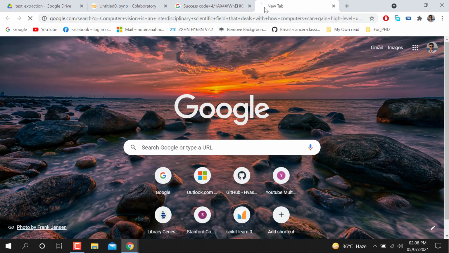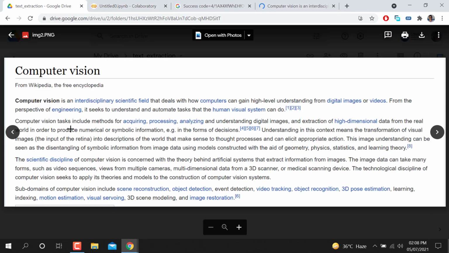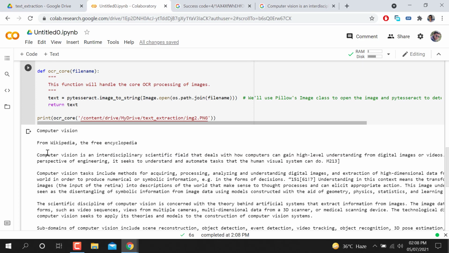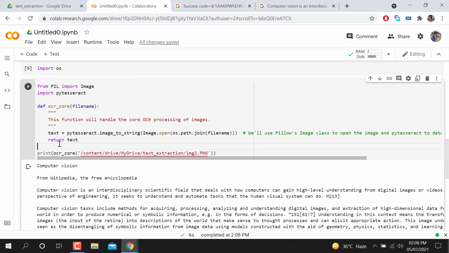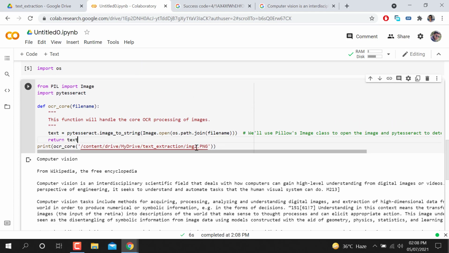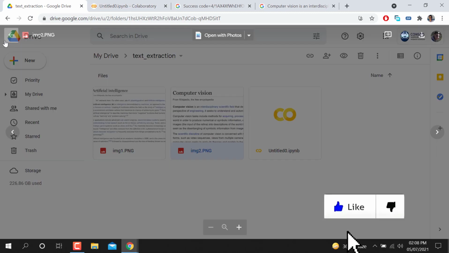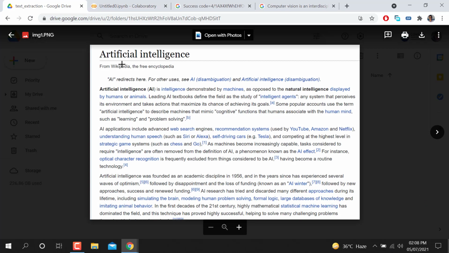If I paste it, you can see it works, whereas I could not copy from the image itself. So if we want to copy text from images, we need to run this one command. It will automatically generate text that you can easily copy. This is very simple code. Let's suppose I'm going to use my first image, where the text is, let me see, artificial intelligence.